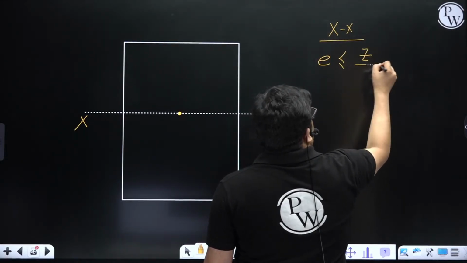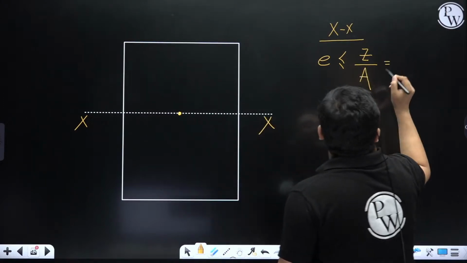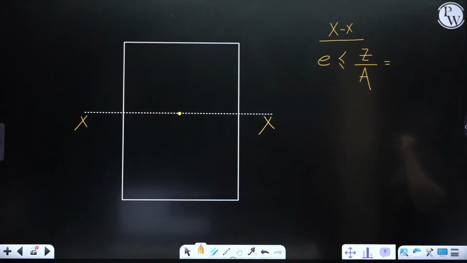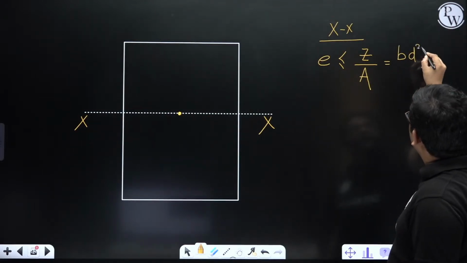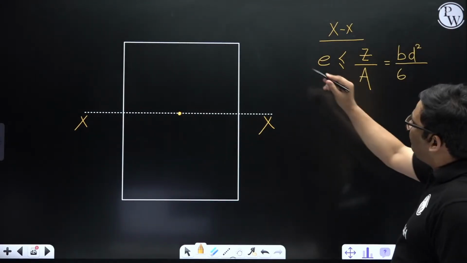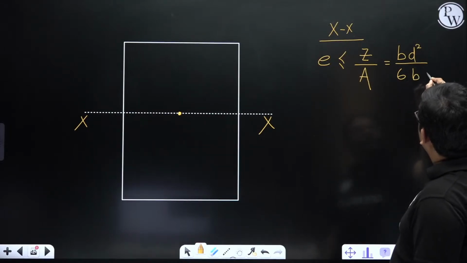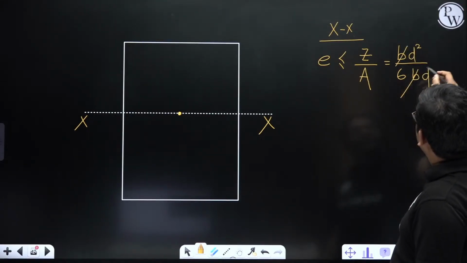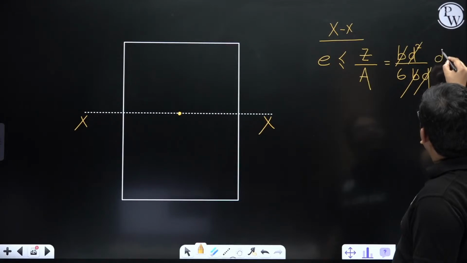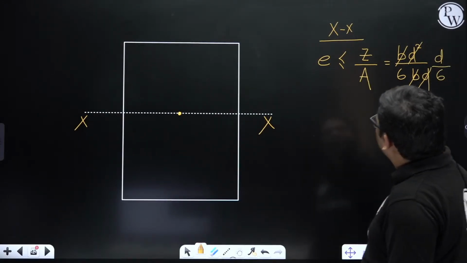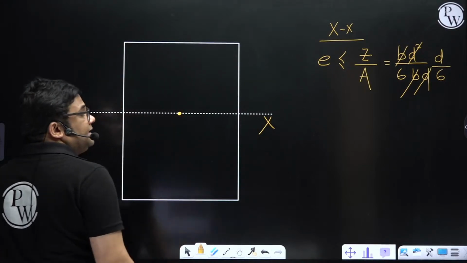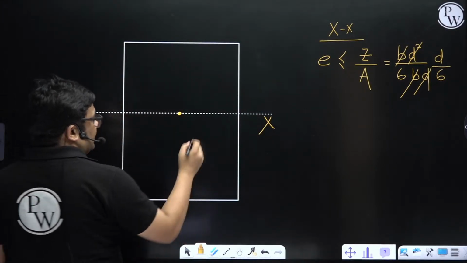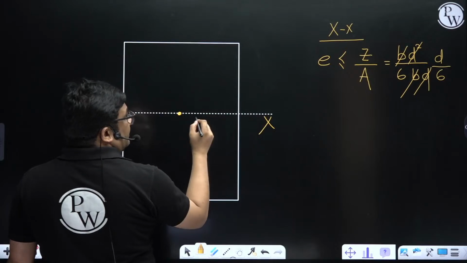Z by A. Now about the x-axis, the Z will be BD square by 6, since it's a rectangle. And the area will be B into D. So B gets cancelled, D gets cancelled, and I get D by 6. So I get an eccentricity of D by 6. So this side D,